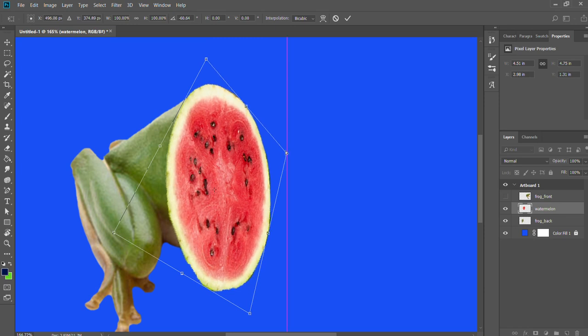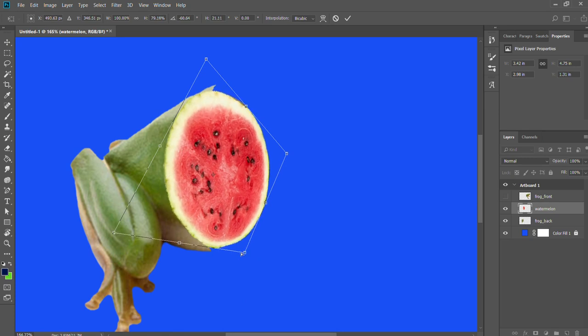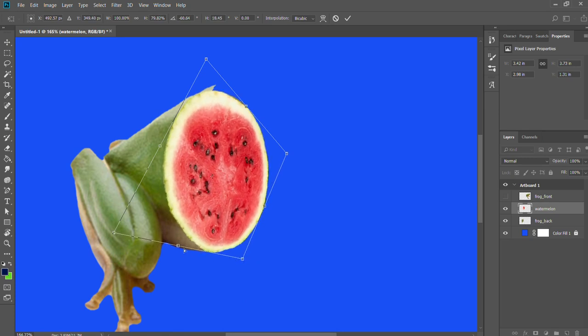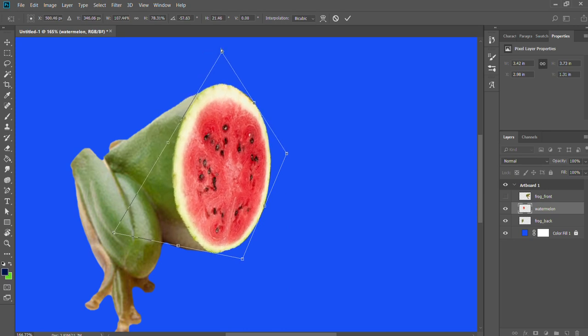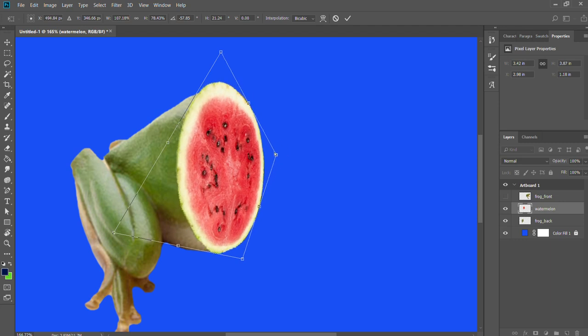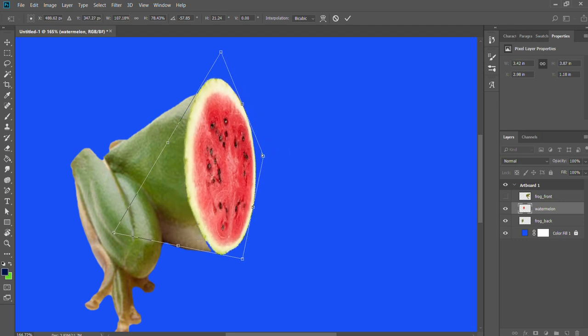Something like that. And I'm going to do the same thing for over here. Same thing, hold down Control, make it so that it lines down there. Grab this part, move that, go back to over here, something like that,